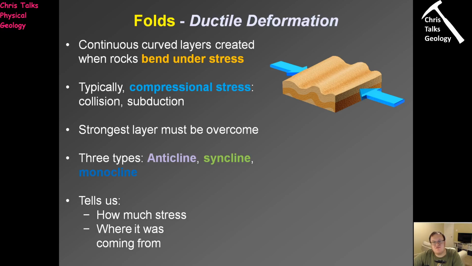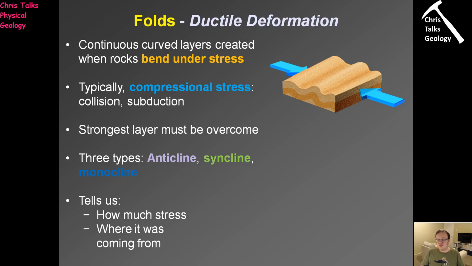Now, when you try and fold something, it might seem a little counterintuitive, but in order to fold something, you need to fold the strongest layer first. So imagine you have yourself a sequence of pieces of foam, okay? And in the middle of all those pieces of foam, you stick yourself a sheet of steel. Now, if you try and compress that sequence, so you've got foam, foam, foam, foam, foam, steel, foam, foam, foam, foam, foam, and you try and compress that sequence, well, as you're squishing it from the side, it's not going